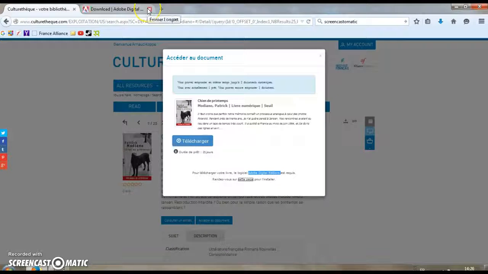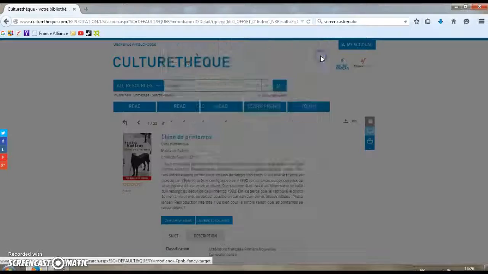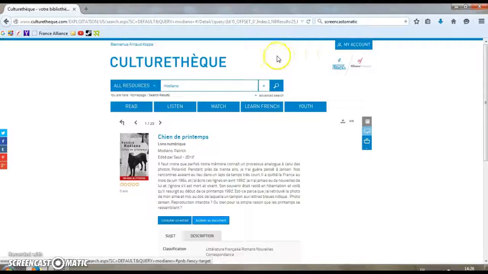Okay, so 21 days only to read the book, and you can only borrow, so to speak, 2 books at the same time. So that's for books. A newspaper, magazines, books, there is more to it. So just to finish with books, if you want to just have a look at the books the Culturethèque has,